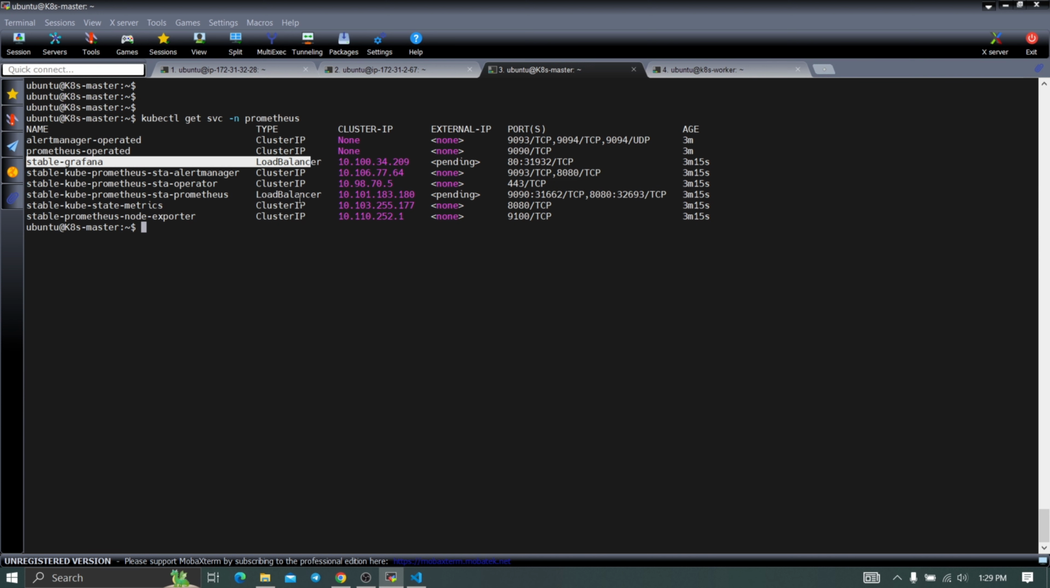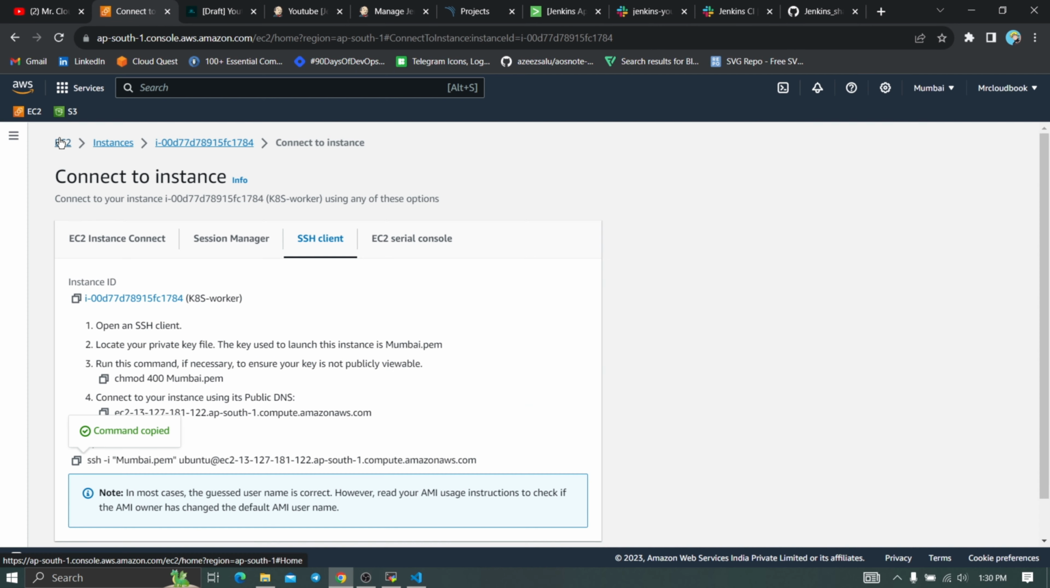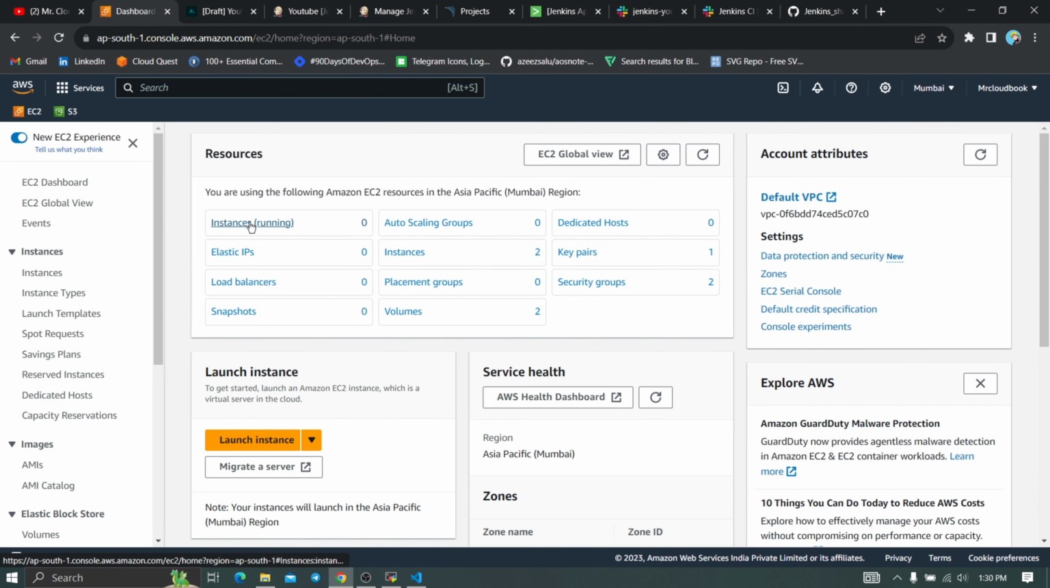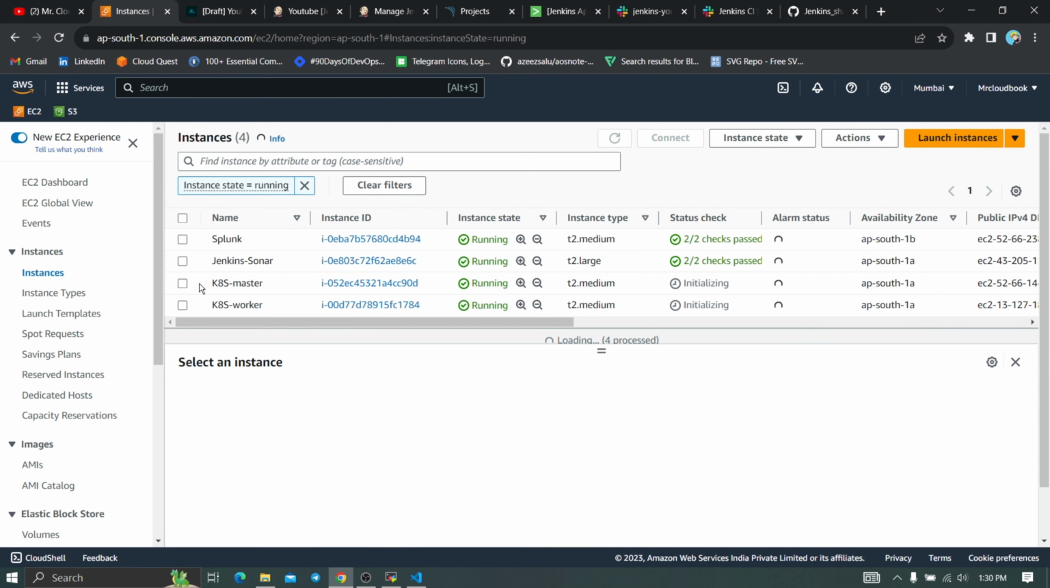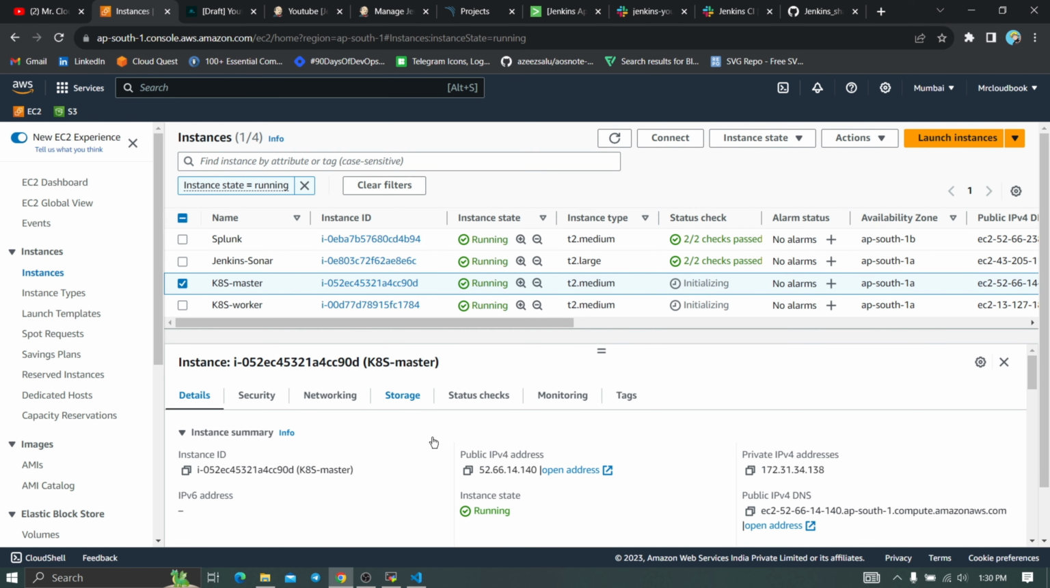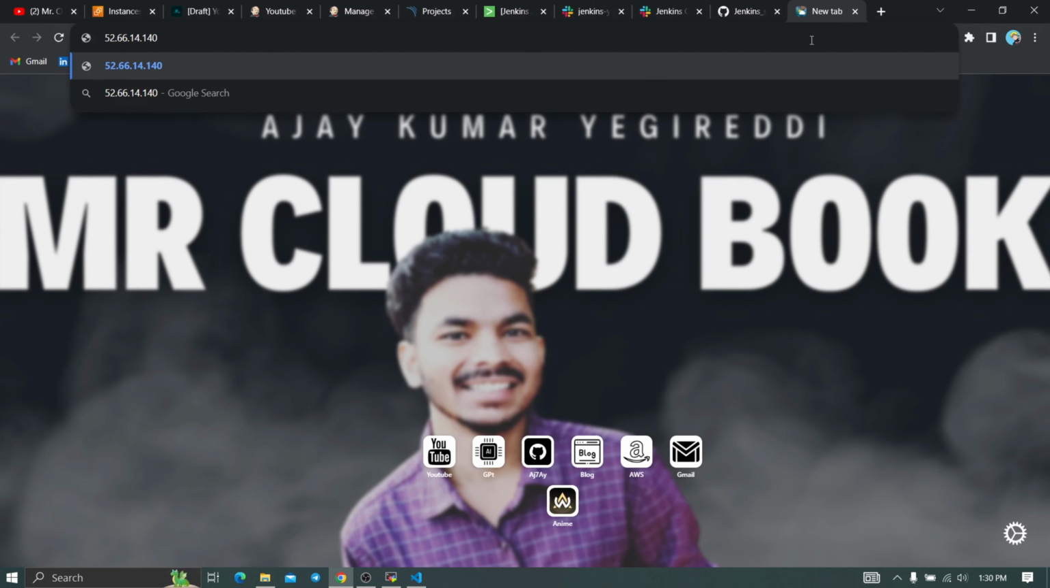You can see the load balancer, and the Prometheus service is set to load balancer. So you can directly select this port, 31932, and go back to your AWS console. Go to EC2, select the running instances, and select the master. Copy the master public IP address, open a new tab, and paste it here, and